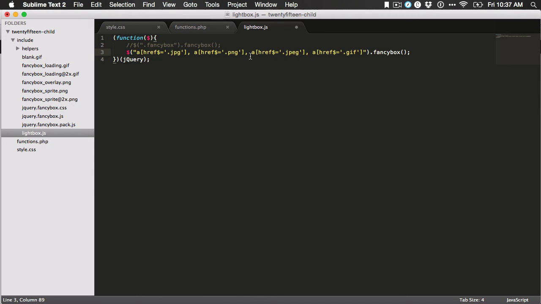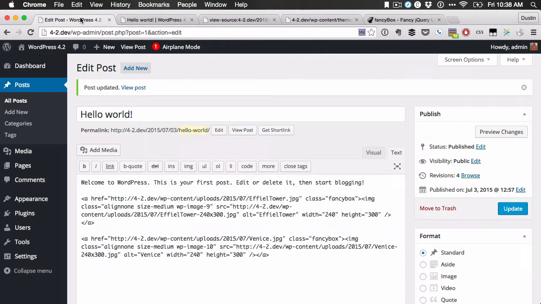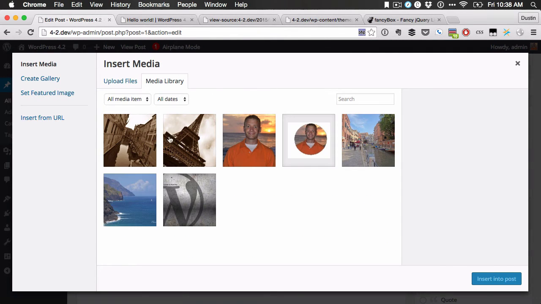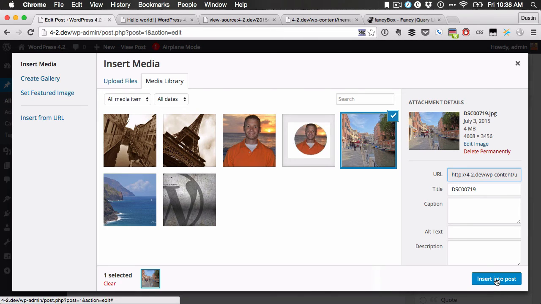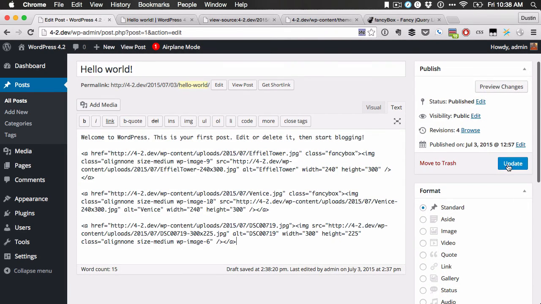Now I want to show you, if you don't want to have to put that class on every single image, then what you can do is add code like this that will allow any link ending in a JPEG, a PNG, etc. to automatically open up in the proper window. So if we go back over to our site, let's add a couple more images. Since I added the fancybox class to those, let's add another image and just pull up this picture here of Venice. And then we will save that and then